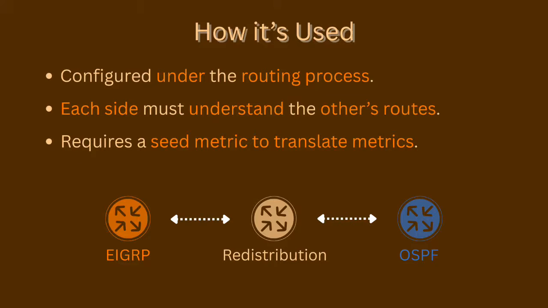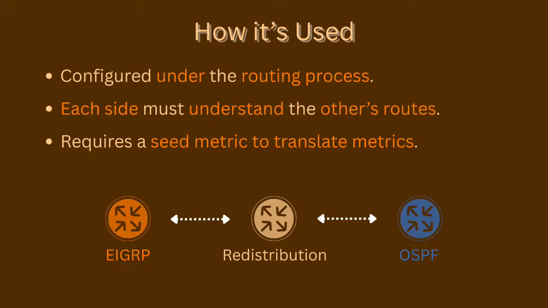How is route redistribution used? It's configured on a router that runs both routing protocols. For example, a router running OSPF and EIGRP. Using the redistribute command, we can tell one protocol to share its learned routes with the other. For instance, redistribute OSPF 1 metric 10,000 10 255 1 1500 allows OSPF routes to be advertised into EIGRP using